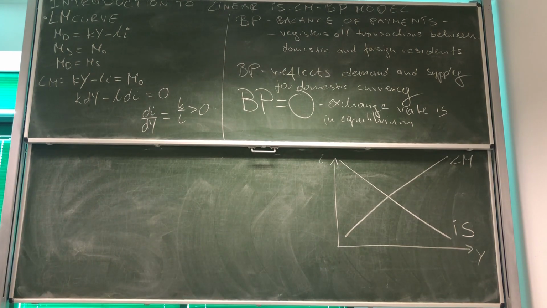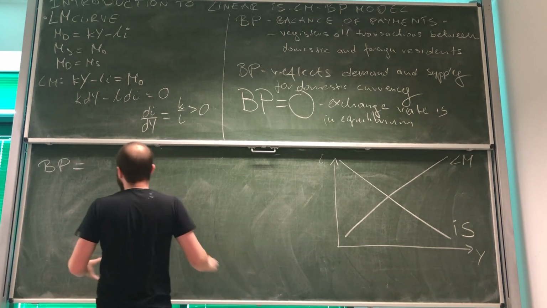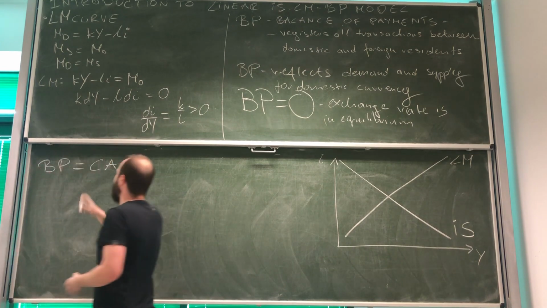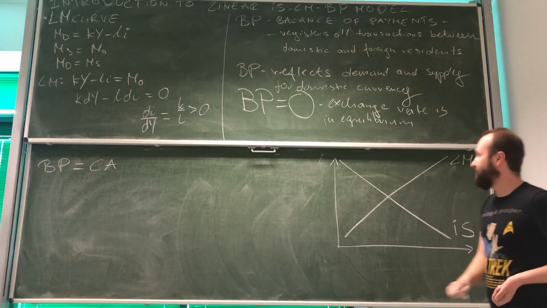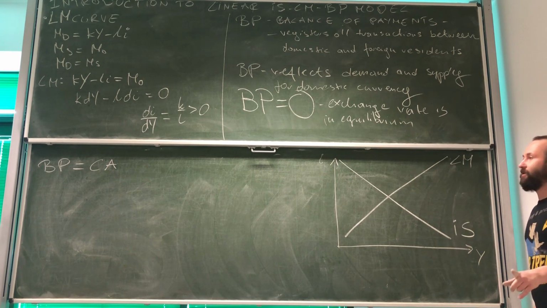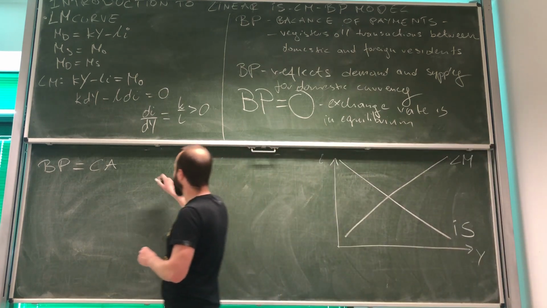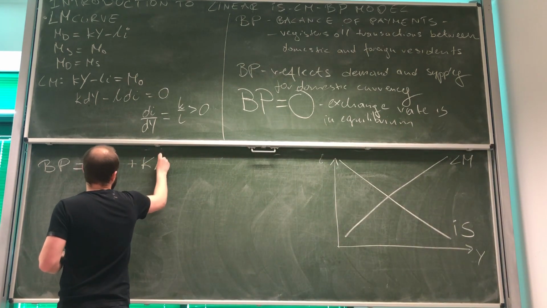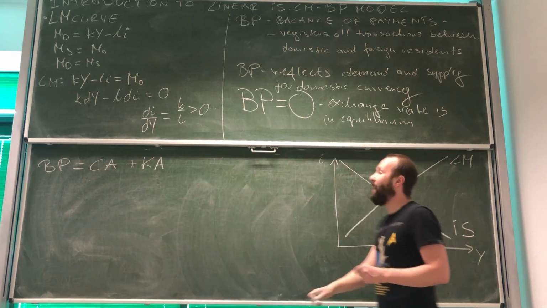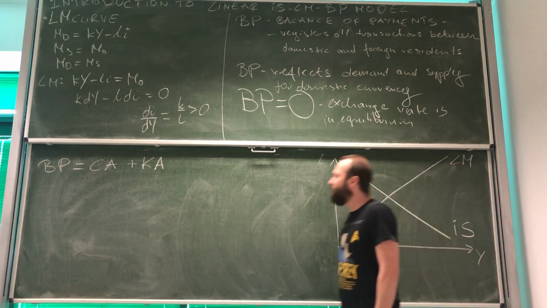However, BP, balance of payments, already has inside something that we know, and this is the current account. The current account is a part of the balance of payments that registers, in our case, trade. However, it's not enough. The second account that we are going to include in our IS-LM-BP model is the capital account. And look, the capital account